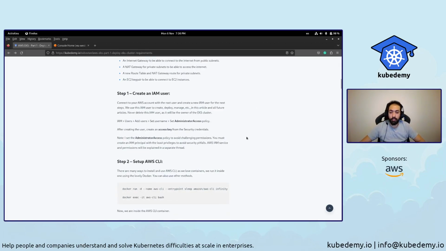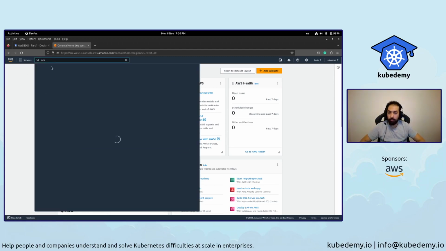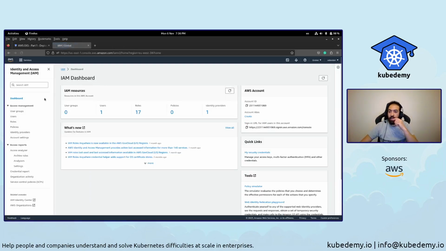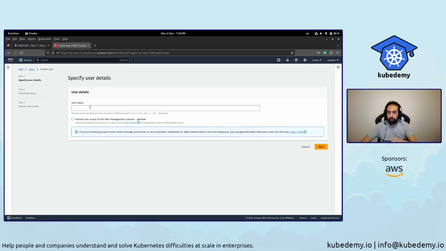So let's get started. First, we need to connect to our AWS account using our root user and go to the IAM service. In the IAM service, we need to create a user, an admin user, but as I already have the admin user, I just want to show you how to create a user. So I create a test user